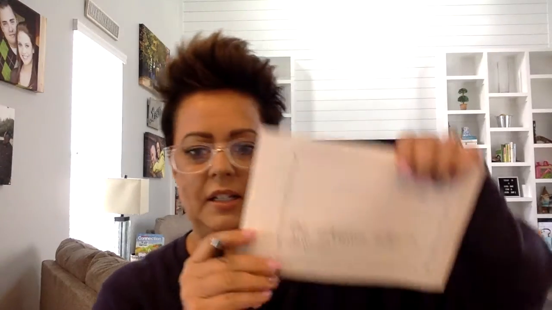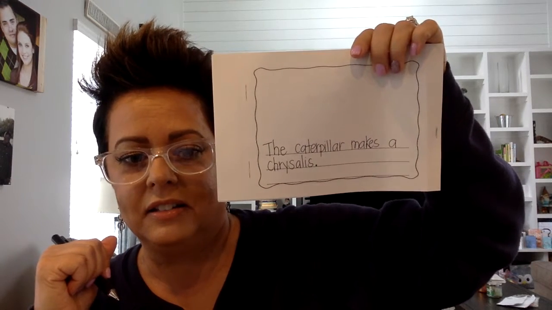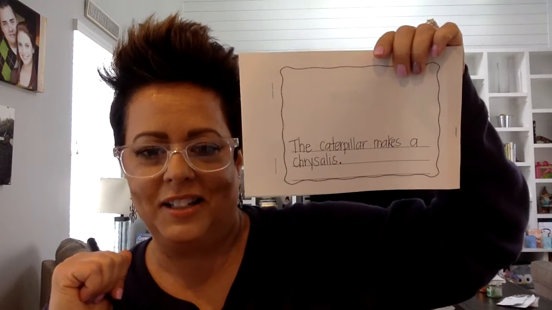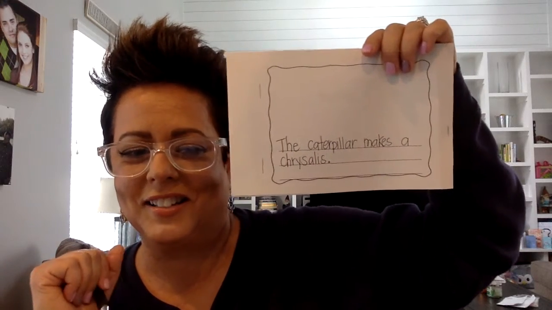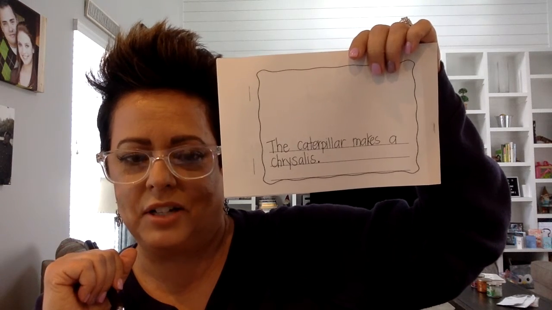That's our first sentence. The caterpillar makes a chrysalis, and after he has made the chrysalis, what comes out of the chrysalis? The butterfly. So the caterpillar makes a chrysalis, then